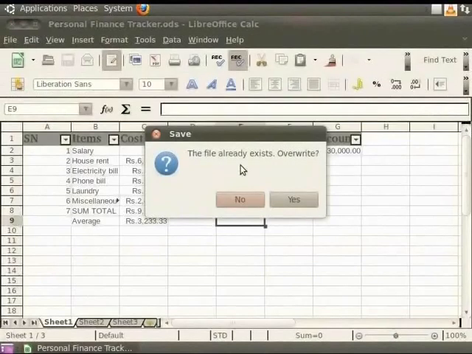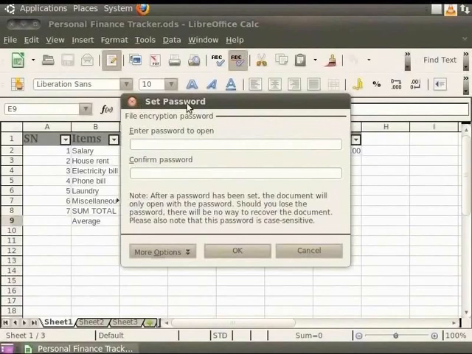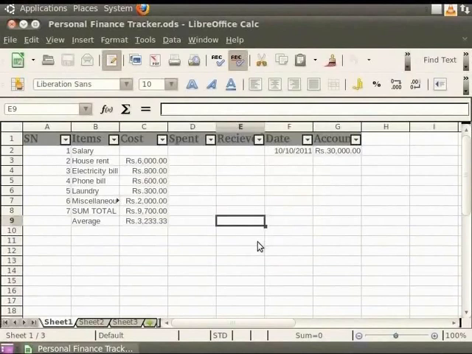As we are using the Save As option, we can either save it as a different file or replace the same file. Here, let us replace the file. Click Yes. Then enter a password and re-enter the password in the Confirm box also and click OK. Then close the